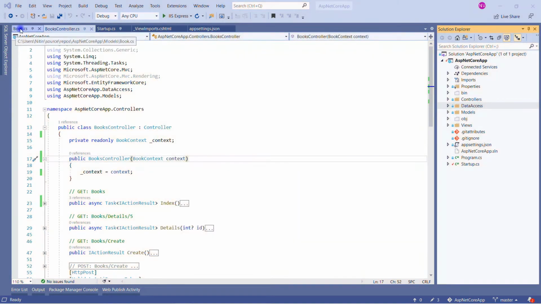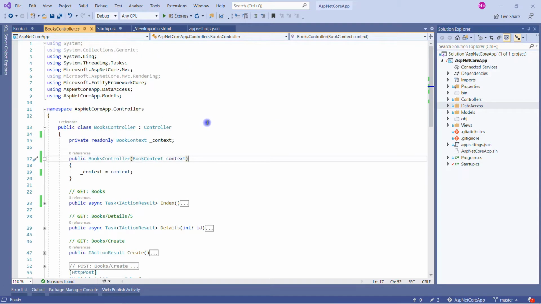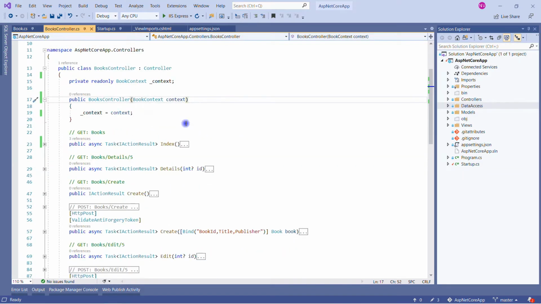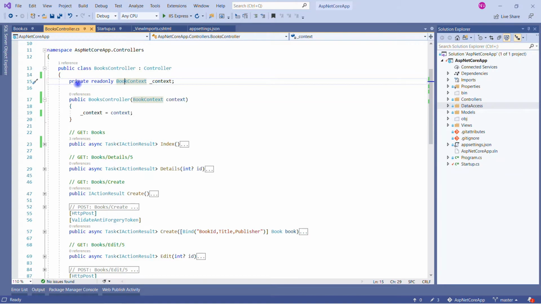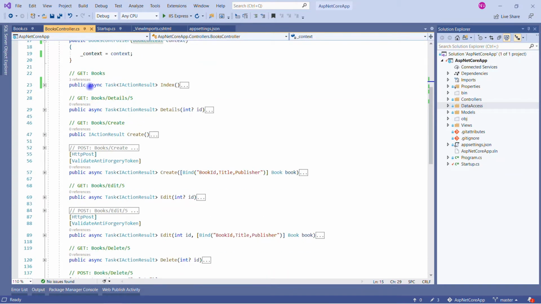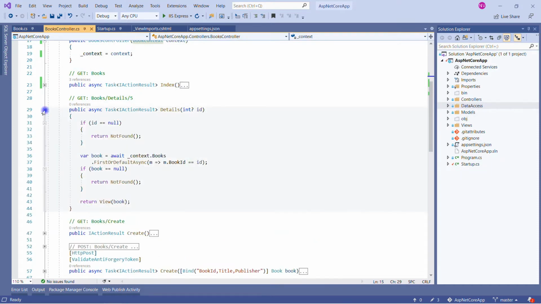Okay, so if I quickly take you through this session, this is my books controller, and we are designing the entities with data annotations. This books controller is auto generated by Entity Framework, and we can see all the methods. This is a typical implementation of a controller. We have a book context private variable, and every method, you will see, is async and await. If a method in a controller uses async and await, then we call it an async stream. So all methods use async and await.